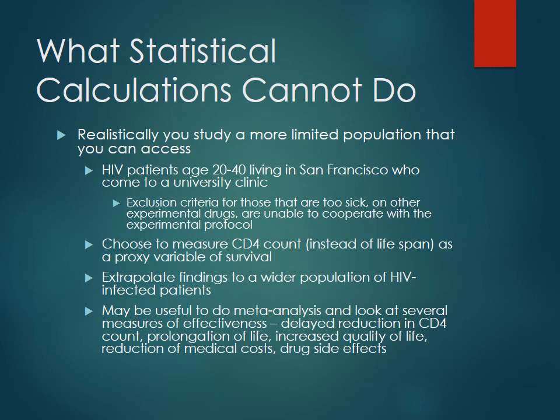So again, realistically, you're going to be looking at subsets of populations. For instance, we mentioned, if we're doing an HIV study, you may only have HIV patients who are aged 20 to 40 who live in San Francisco, who've come to a university clinic. That's a very specific subset of patients that may or may not be generalizable to your whole population that you're looking at. You also have to look at things like exclusion criteria, like perhaps the patient you're trying to make a treatment decision about would have been excluded from that trial anyway, in which case you can't really use that data to say anything about your patient, right? So if an HIV patient was too sick, say they had PCP pneumonia or something else that made them too sick to participate in the trial, and your patient's like that, you won't be able to make those good generalizations there.